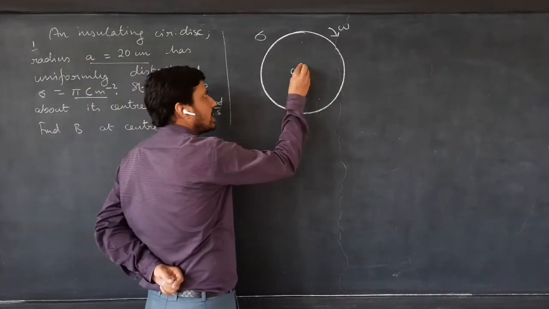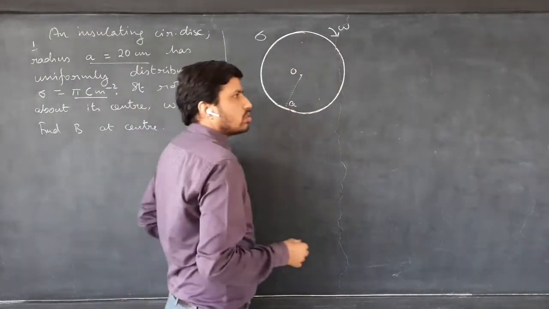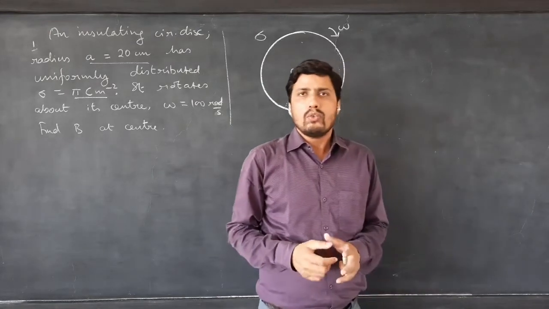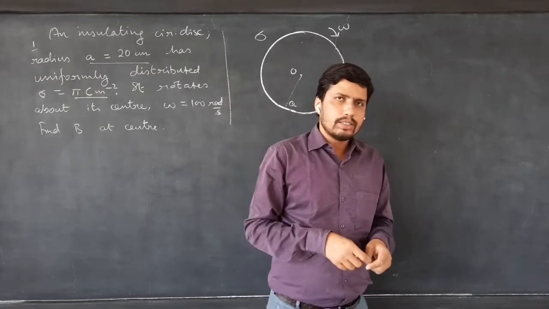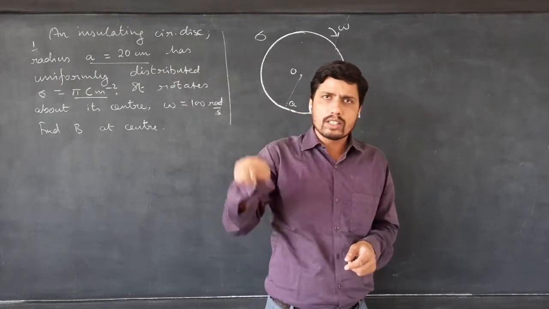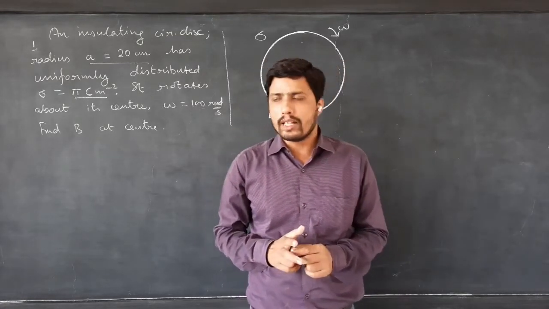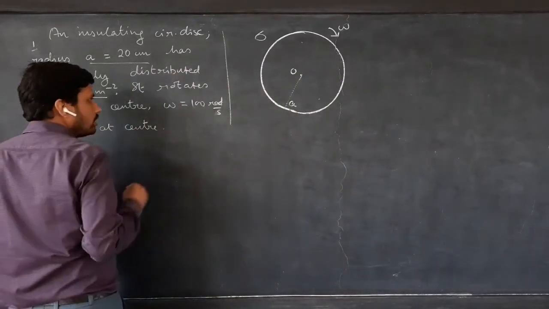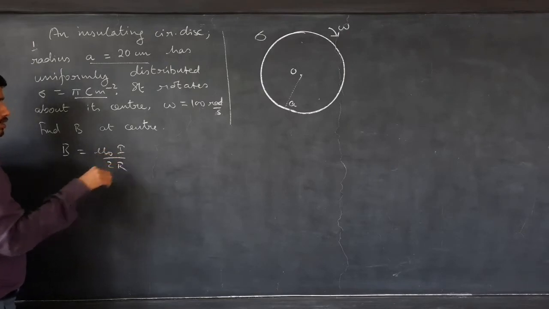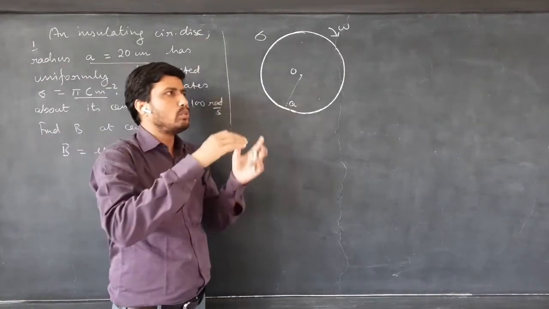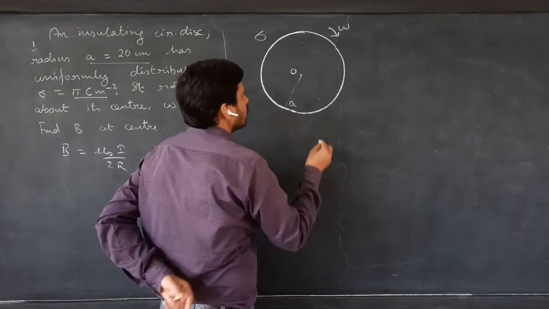Now the thing is that the charge over here will trace a circle like this. The charge over here will trace a bigger circle. So the currents might be different. We are not sure. So we will need the concept of integration. For a particular charge, it will be moving in a circle like this. So it will be like a current loop. For a current loop, students, you know the formula for magnetic field at the center is given by B is equal to mu naught I by 2R. But different charges are moving in different circles of different radii. So we need to use the concept of integration.